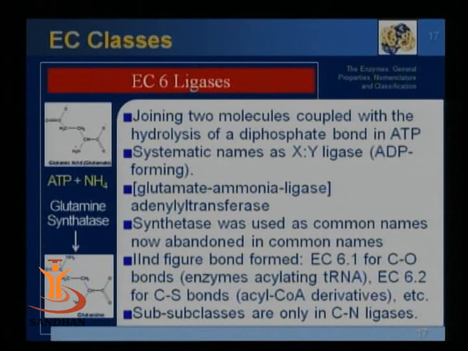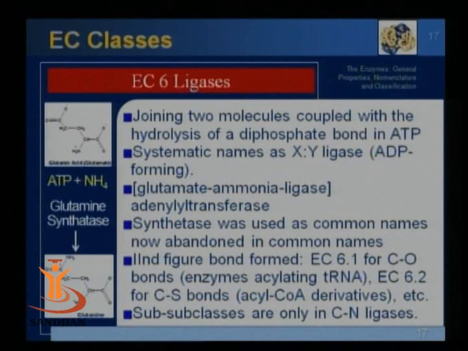You can look into the example which is given below. The enzyme commonly known as glutamine synthetase, and the reaction catalyzed by this enzyme is described on the left, wherein you can see that glutamic acid converts into glutamine by an enzyme called glutamine synthetase, and the process requires involvement of ATP and insertion of an ammonia molecule. So it is merely an extension of a small chain of glutamic acid into glutamine by adding an extra molecule of ammonia. So that way the process is a ligation, and the common name is glutamine synthetase,